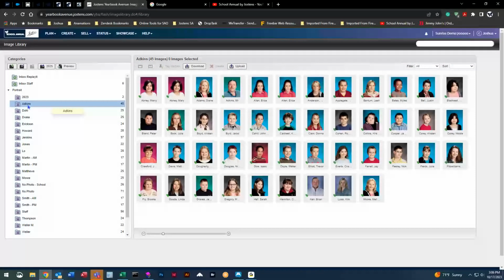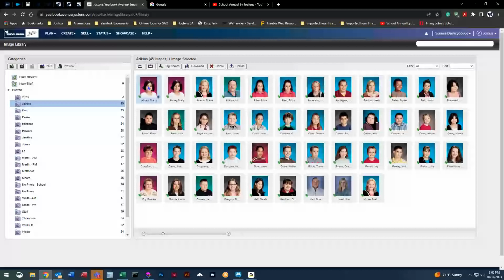And now that we have our imaginary list back, we're going to make some changes. Some of the things that might happen is you might have, like this student right here, two of the same student, two images that just got put on there. So you can do one of two things. One, you can click on the image, come up to delete, and just delete the image altogether. Or if you don't know which image the parent may want to use for safety, you may